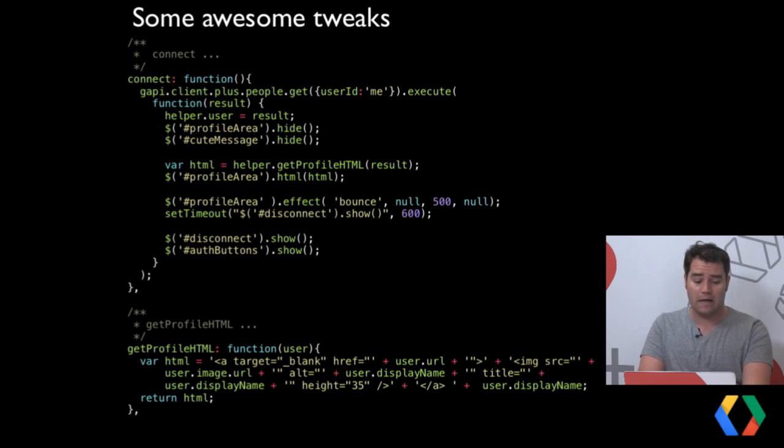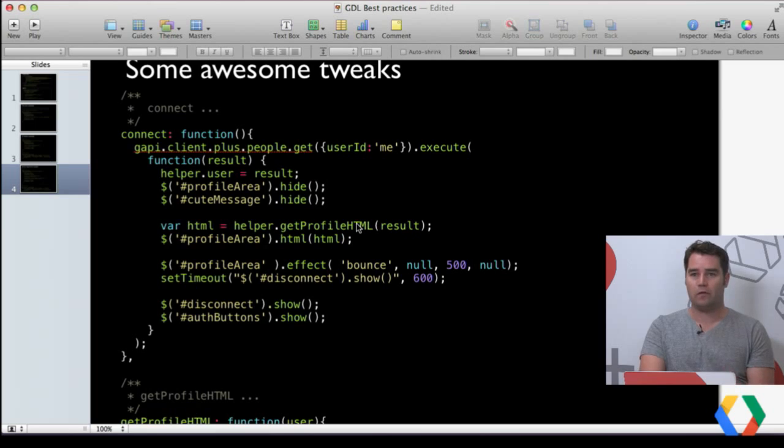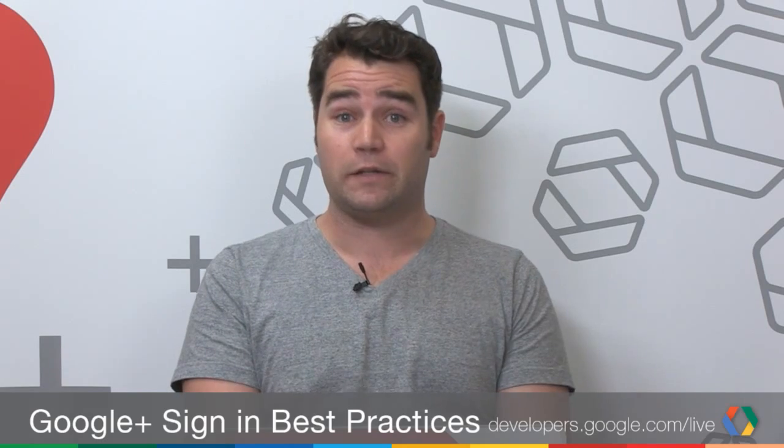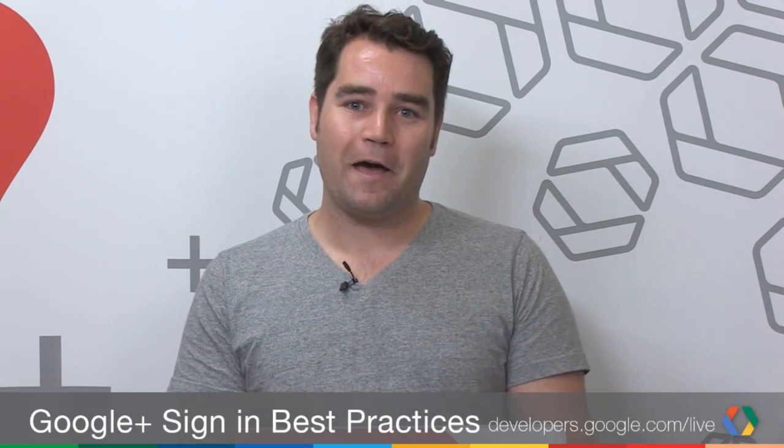The real key takeaway here is try to be creative in the way that you're integrating Google Plus Sign-In, and think about the things that you can do that are unique to your site to distinguish it from just that boring old or conventional sign-in experience where the user signs in, they're authorized on your site, and that's it. So think about ways that you can make your experience better, and keep an eye out for future